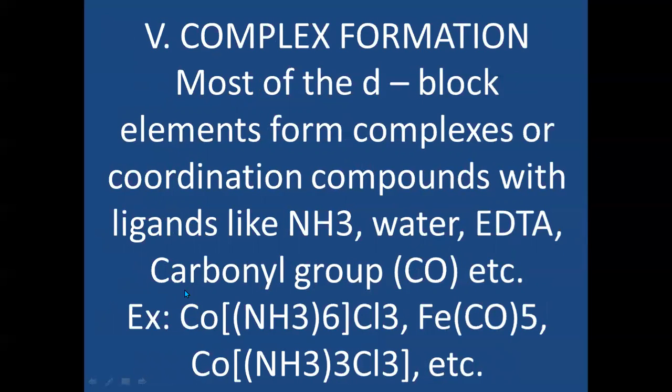For example, cobalt metal forms coordinate covalent bonds with ammonia by accepting one electron pair from one molecule and forms a coordinate covalent bond. Now, what is a coordinate covalent bond? A bond formed by a pair of electrons which is supplied by one atom or molecule.